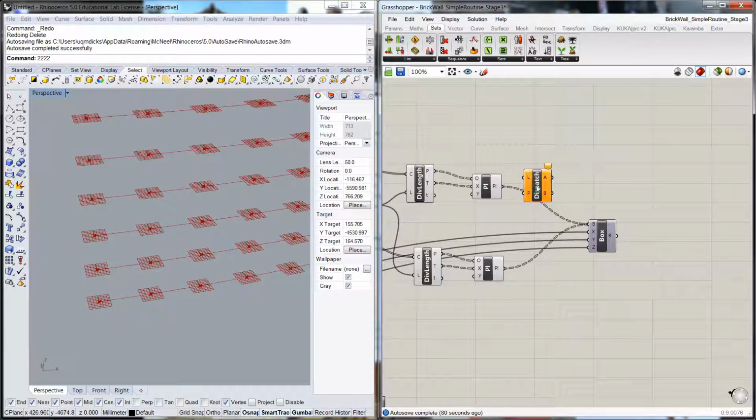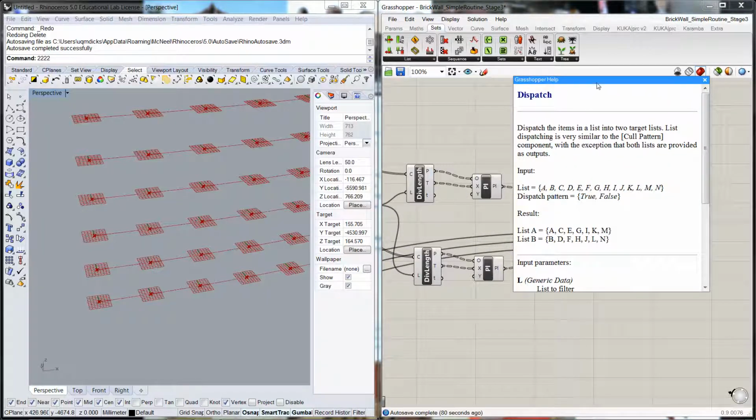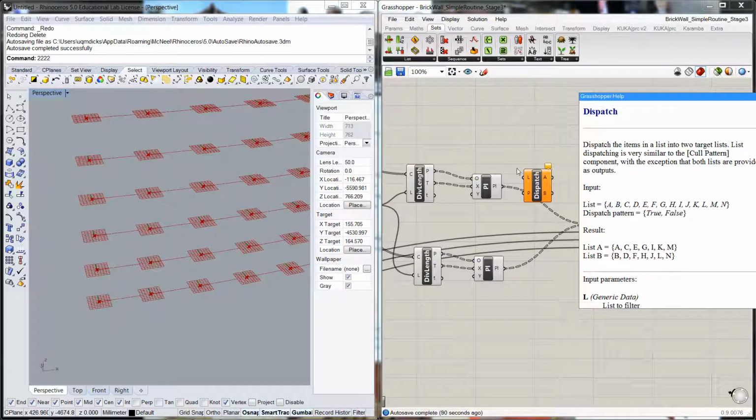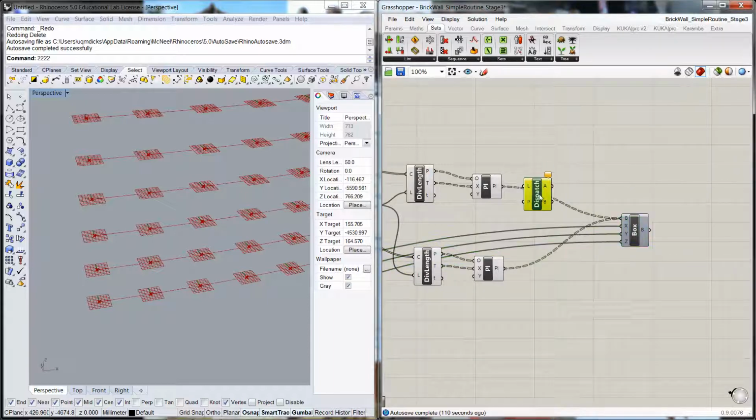If we get our help information, we can see what's going to happen here. It's going to take a list of information, which is these planes here, and the dispatch pattern is true, false. That's the default. So the first value was true, keep that. Second value, false, get rid of it. Keep, get rid of it. Keep, get rid of it. It then creates two lists. One list is the keepers, one list is the ones that we reject. So if we copy that through there,